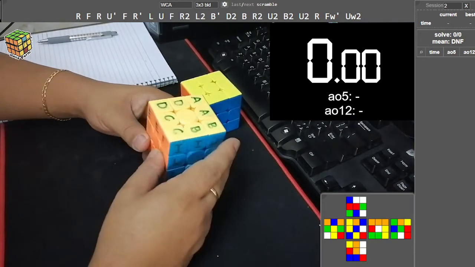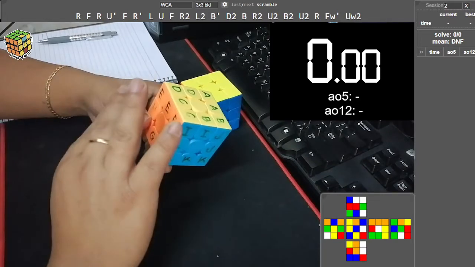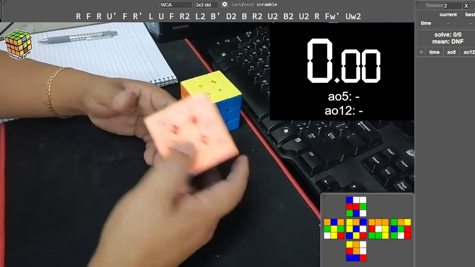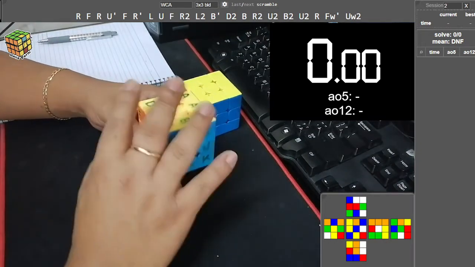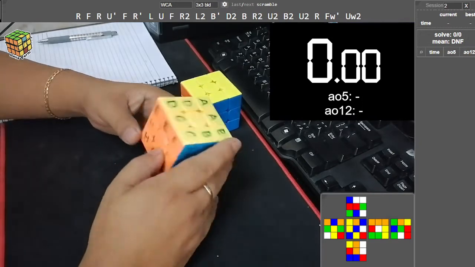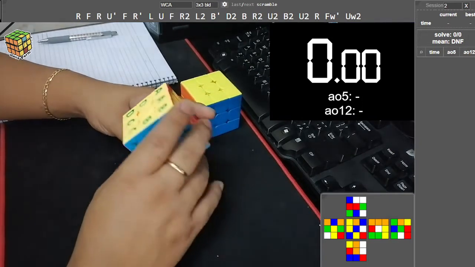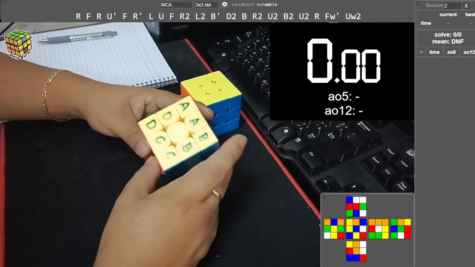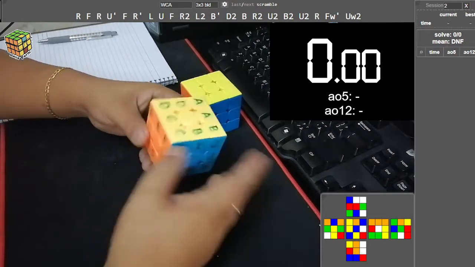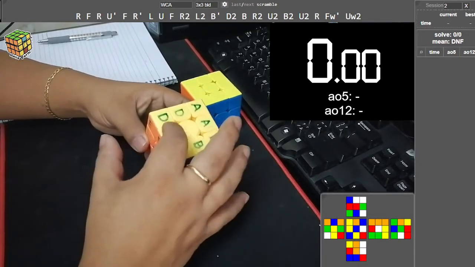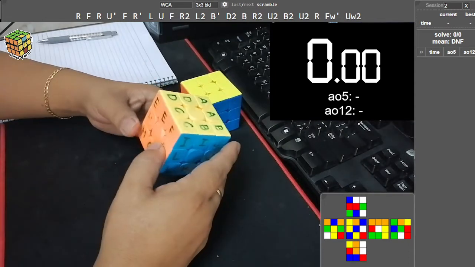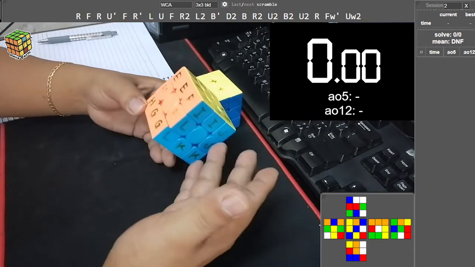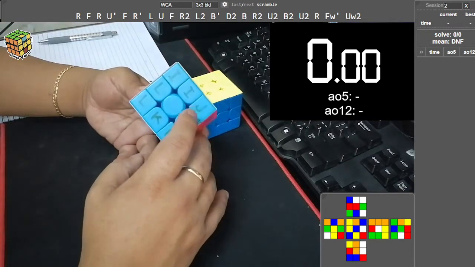I'm facing yellow on top and orange in front. You can use any orientation as long as the labeling stays fixed once we begin to solve with the Pochmann method. So from the edges, we can label it like this. What I have done is A, B, C, D from the top layer, front layer is E, F, G, H, and moving on to the right, I, J, K,